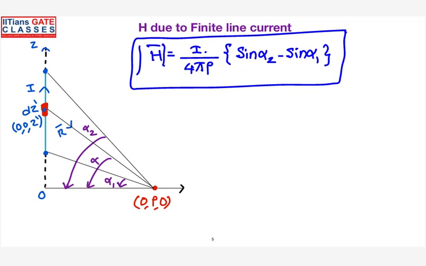Once again, if anybody is not getting the derivation part, you can look into that after this, because my intention is that at least some people can understand how you can find the magnetic field intensity using the Biot-Savart's law. Ultimately this formula is very important for you to solve the problem. So if anybody did not get this derivation part, go through the video once again. Try to do it step by step. You will automatically get this answer. You need not worry about that. Any questions now?